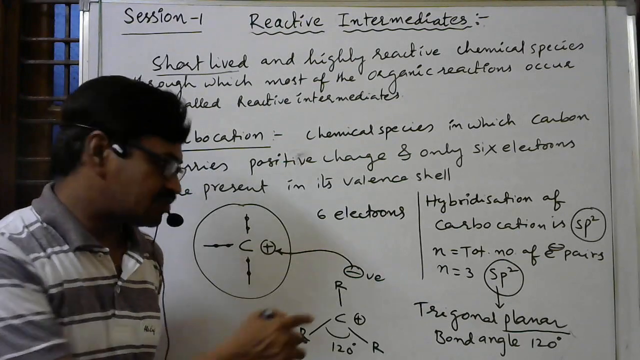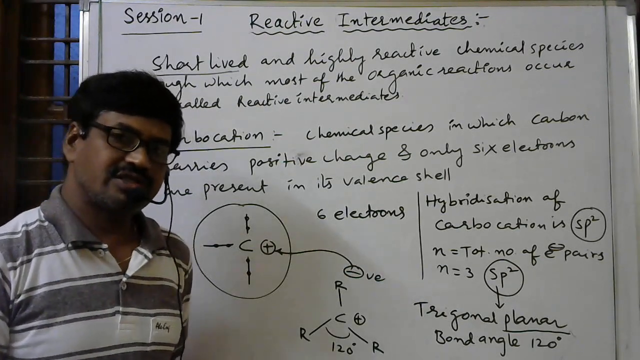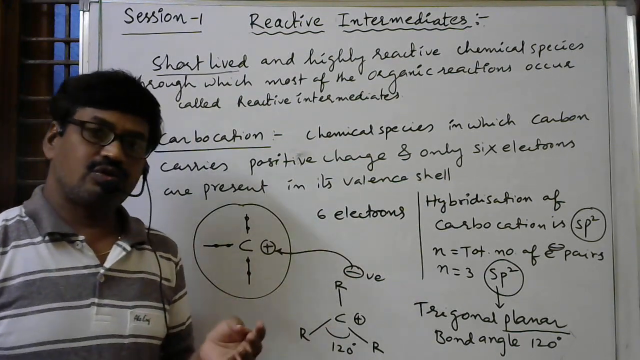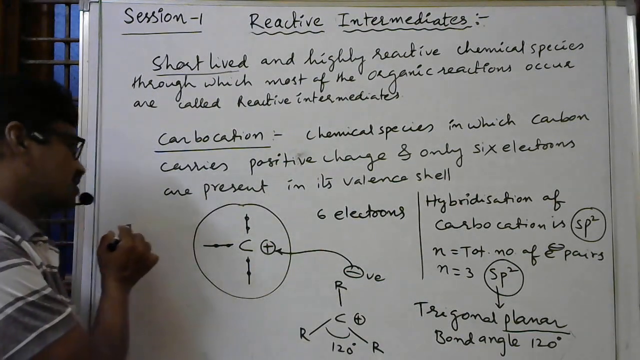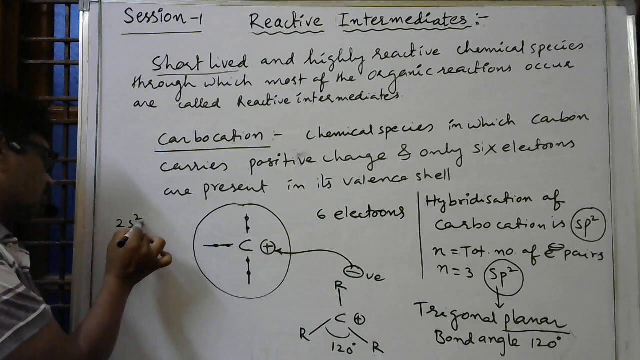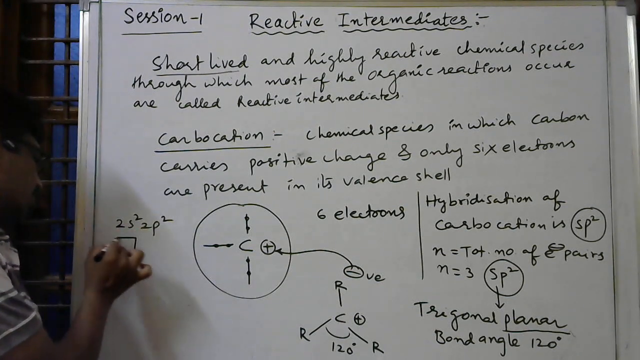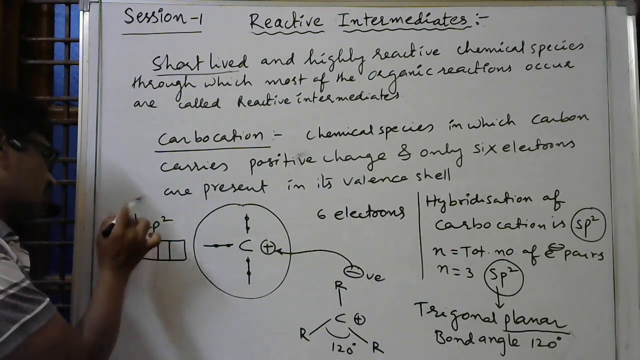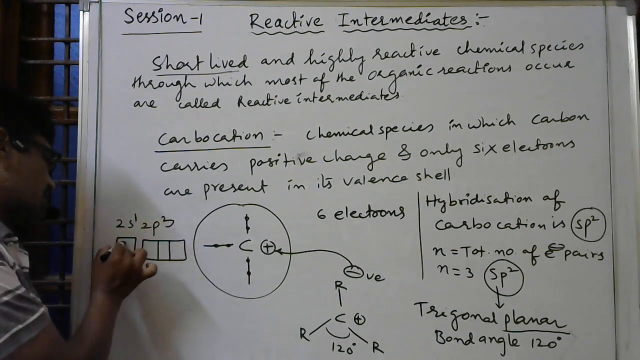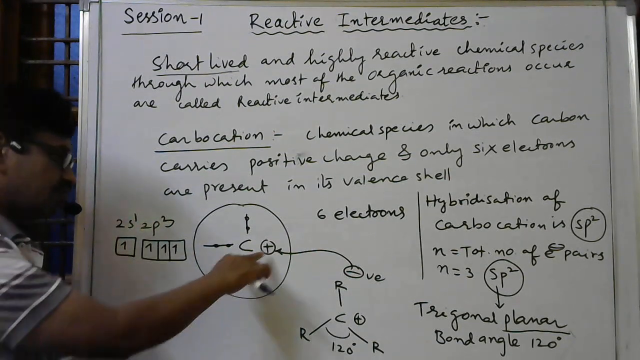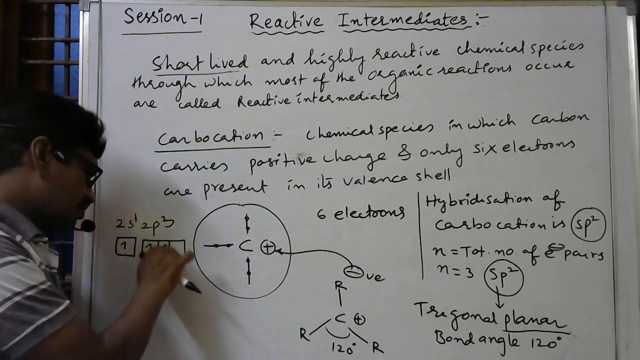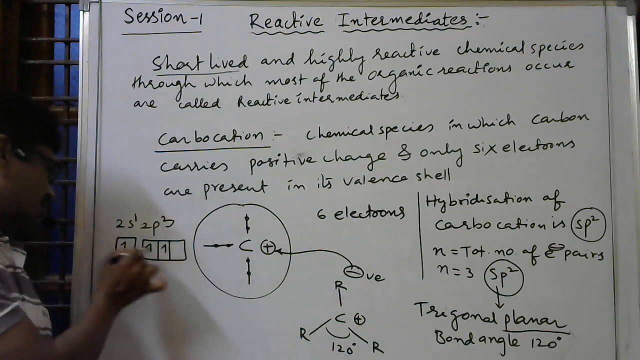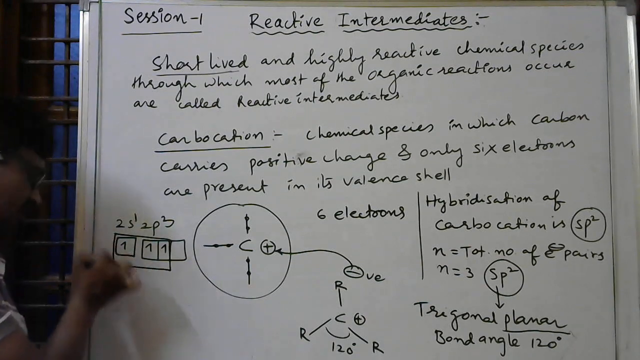Above and below this plane there is one vacant orbital, because carbon has a total of 4 orbitals: one s orbital and 3 p orbitals. As per electron configuration, 2s2 2p2. In the excited state, one electron jumps from the s orbital to a p orbital, giving 2s1 2p3. Because of the positive charge, one orbital is vacated. This pure 2p orbital is present above and below the plane, and the remaining 3 orbitals participate in hybridization